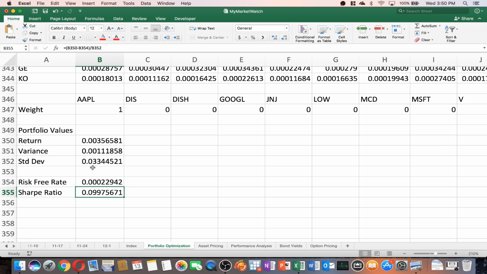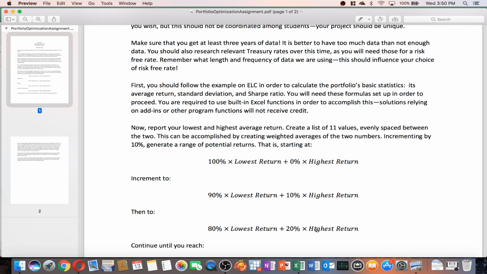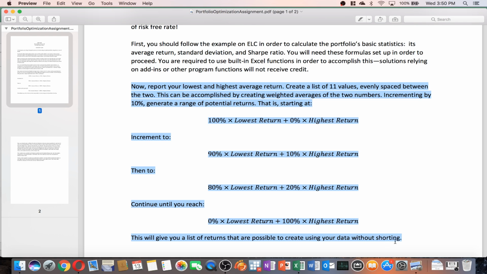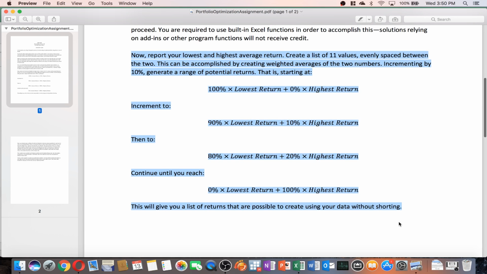So now we're ready to move on. We're ready to really get to the meat of it. Now the next part that I'm going to ask you to do is really something that we wouldn't necessarily need to do to optimize the portfolio. So if we were just optimizing the portfolio, we're almost done. But for this project, I want you to actually do